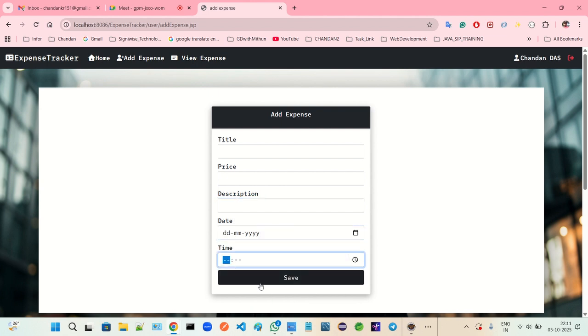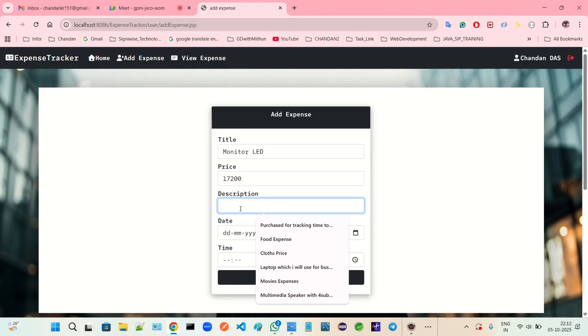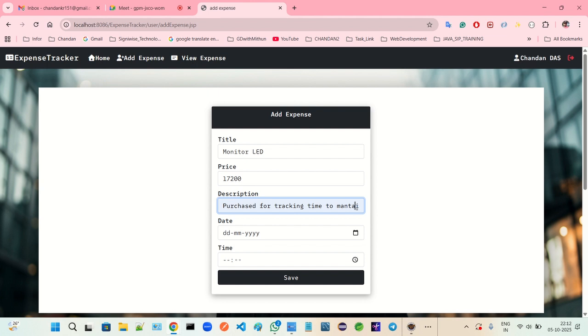Suppose you went in the market and you have purchased something, so any product name, monitor LED, and price was 17,200, and description, purchased monitor LED, to carry, deliver,